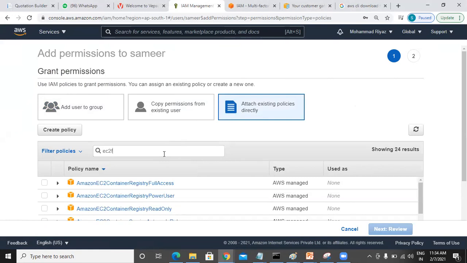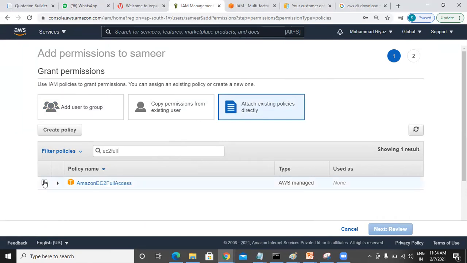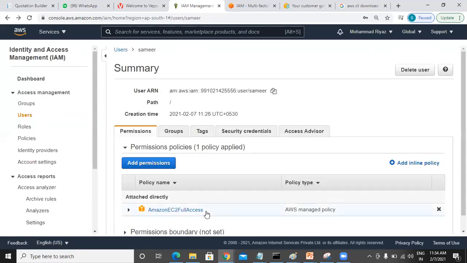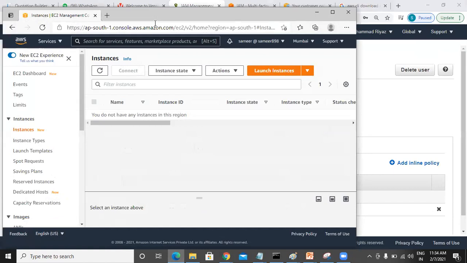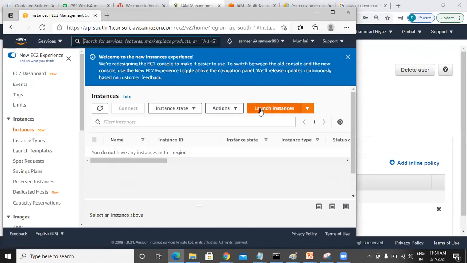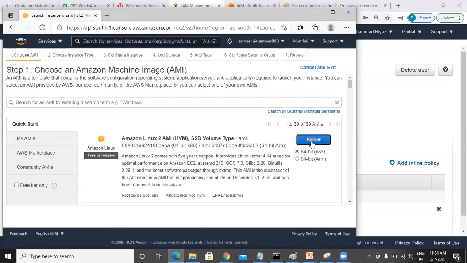I will type EC2 full, select this, and say next, review, add permissions. Now he got EC2 full access. I refresh here, and now he has access to deploy the machines. Can you see that?